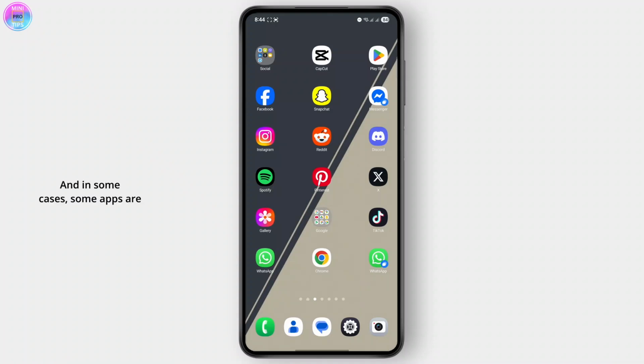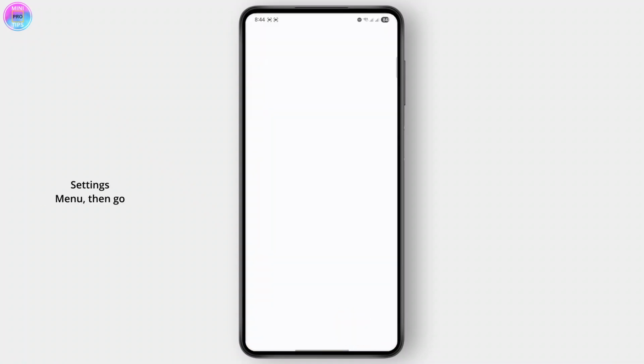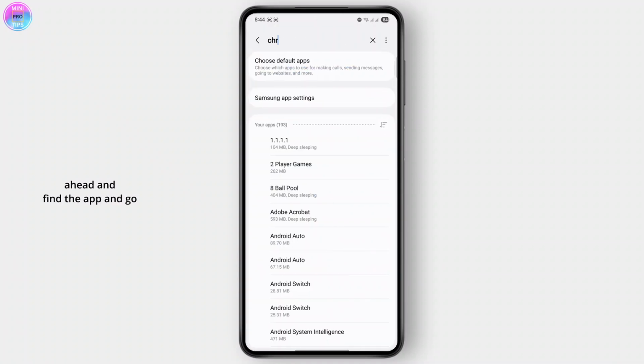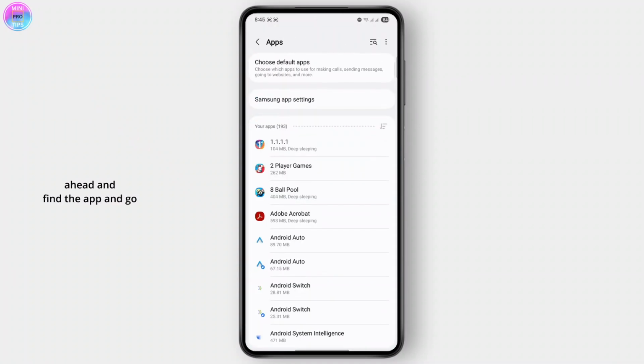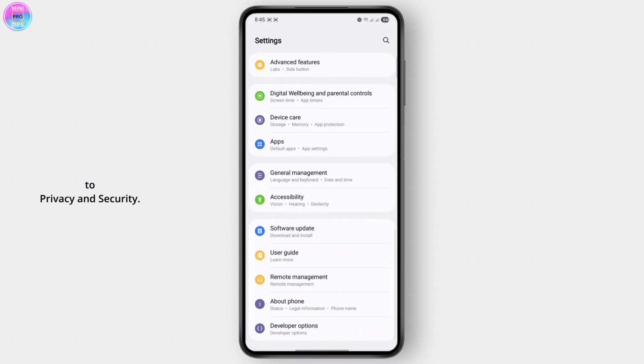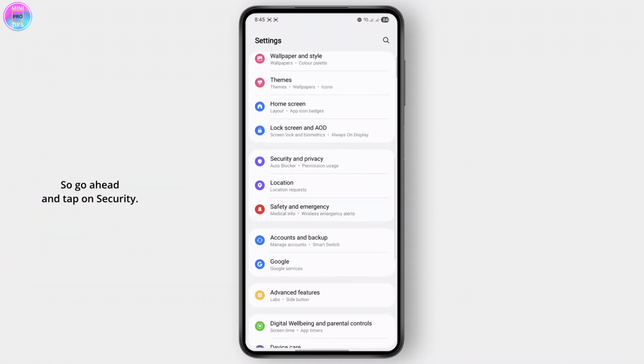And in some cases, some apps are granted the admin permission on your Android device, so you're not even able to disable or uninstall them. In that case, you need to go over to the settings menu, then go ahead and go to privacy and security. So go ahead and tap on security,